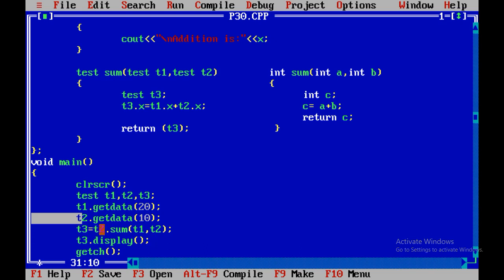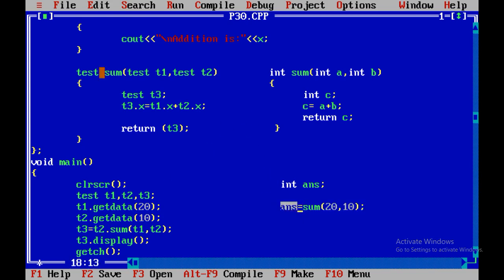Now suppose I want to call this integer function. What is my requirement? Integer answer, and I am going to call it like answer equals sum function, and inside the brackets I pass the value of a and the value of b. That means I pass two integers, but for calling the function I need to take an integer variable.